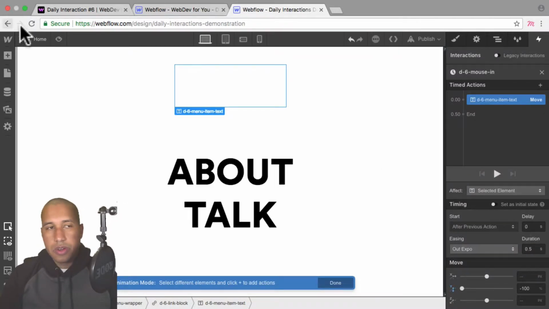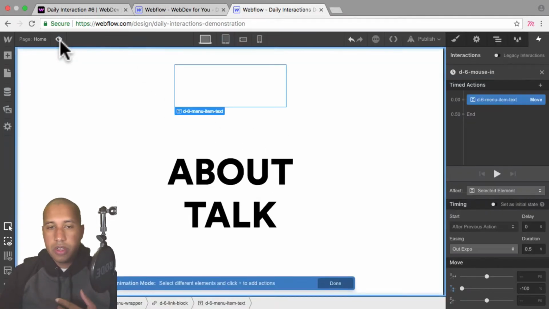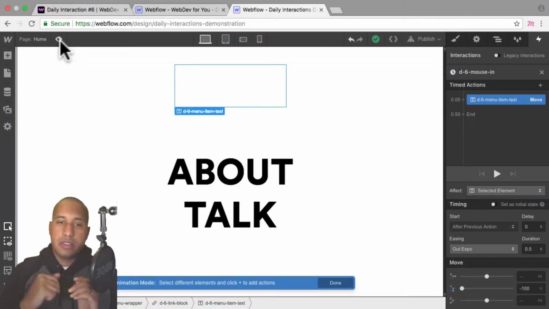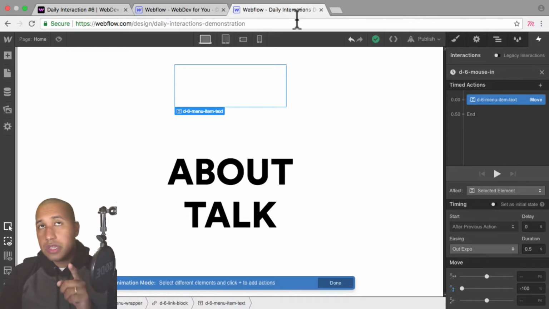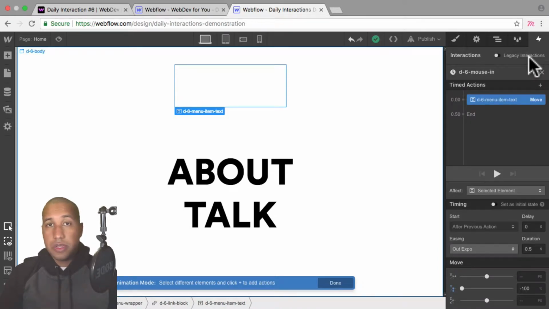So we notice, if I preview now, just the first text goes up. So what we want to do is actually affect a class, because both the first text and the second text have the class name D-6 menu item text. So Webflow makes it really easy to target class names rather than just a specific element.